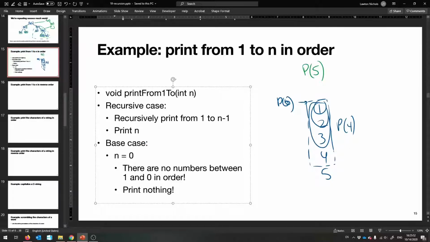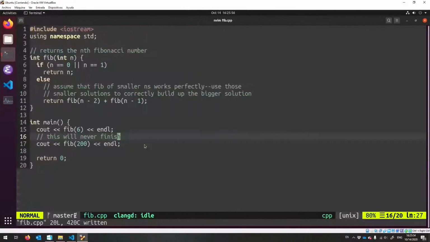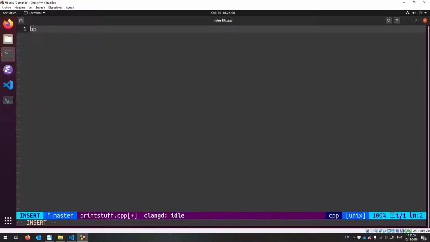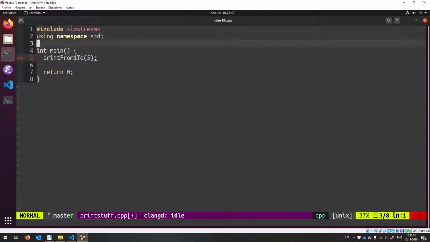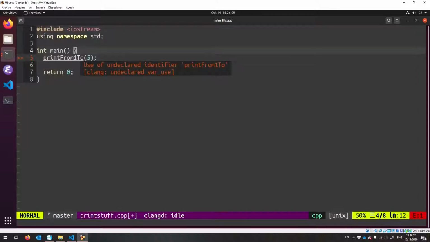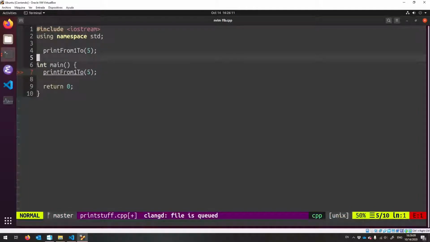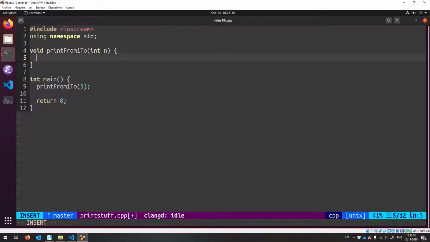So again, let me code it up. Print stuff.cpp. Print from 1 to 5. And we'll code it up as well. So it's a void function. It just prints, and it takes an int, what you want to print up to. So in order,